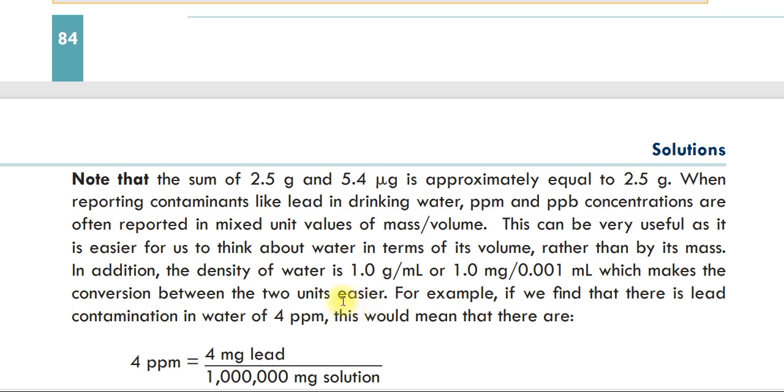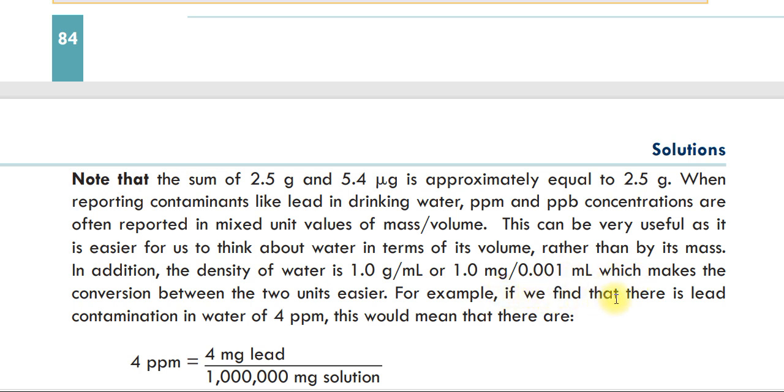ኦኬ አሁን እዚህ ጋር እንግዲህ የውሃ ደንሲቲ ስንት ነው? 1 ግራም ፐር ሚሊሊትር ነው። 1 ግራም ፐር ሚሊሊትር ወይም 1000 ኪሎ ግራም ፐር ሜትር ኪዩብ ይሆናል በሌላ አገላለጽ። ወይም ደግሞ 1 ግራም ፐር ሚሊሊትር ወይም ደግሞ ግራም የምትለዋን ወደ ሚሊግራም ብንቀይራት 1 ሚሊግራም ፐር 0.01 ሚሊሊትር ይሆናል።